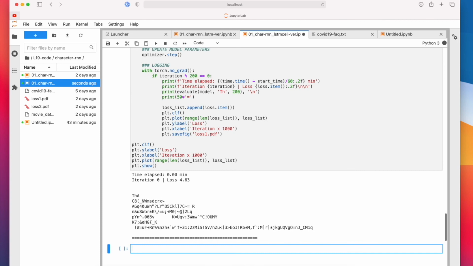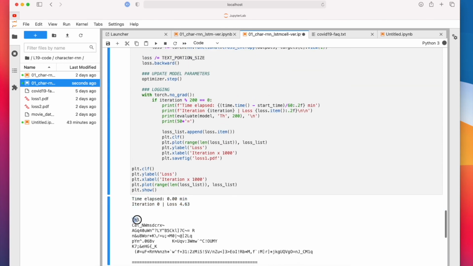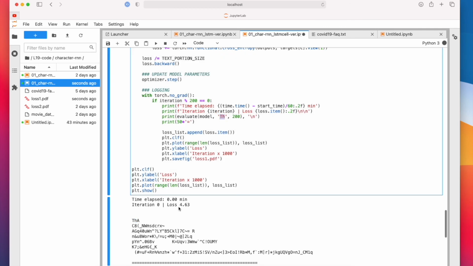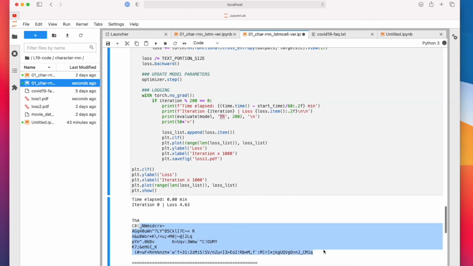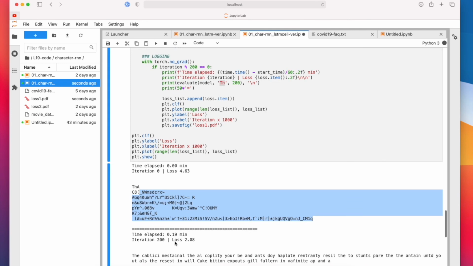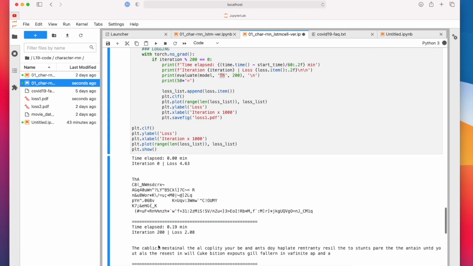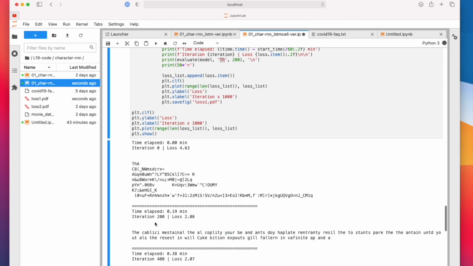So it's running now, it gets a pretty high loss, and this is the initial text. Notice that it starts with a TH, but the rest is like gibberish. There's nothing reasonable in here, it's just some arbitrary text. But it already finished the next iteration. Let's take a look at that. Still not anything useful. You can see it learned something, right? Okay, this is an actual word here. So it's learning something. Let's take a look at the next one.